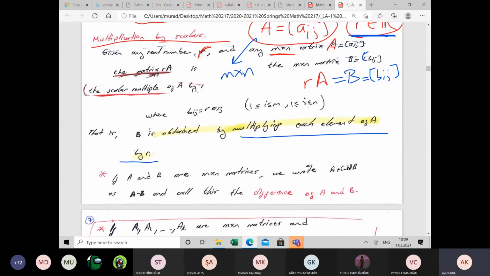But first of all, let's give the definition. Here, the next one, A and B are n by n matrices. It's okay. Let's define this one, A minus B. What does it mean, A minus B? A minus B means